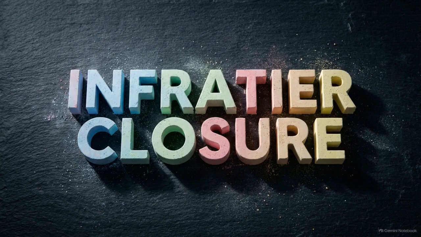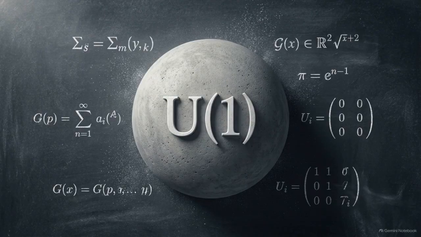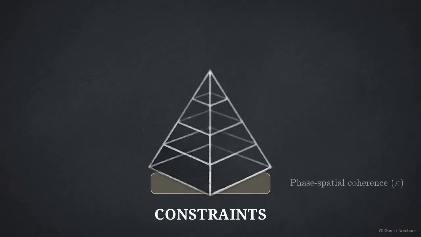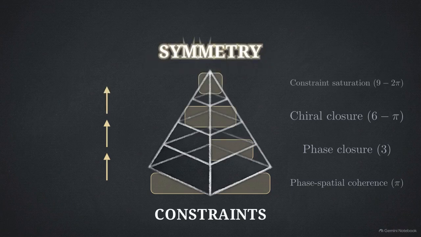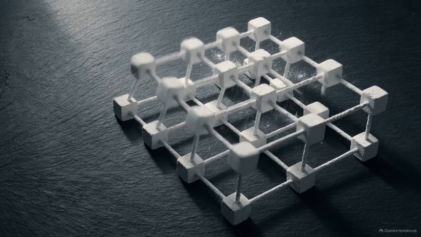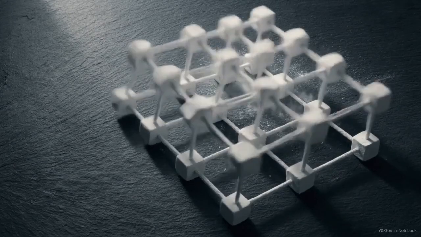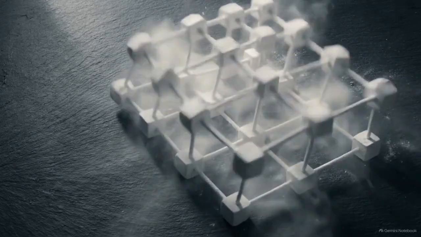Philip Lillian's Infratier closure framework proposes a structural alternative. Instead of starting with the gauge groups and asking how they act on matter, Lillian's paper attempts to derive the symmetries themselves from a deeper hierarchy of physical constraints. The central thesis treats internal gauge geometry as the compressed relational residue of a deeper operation on physical space.